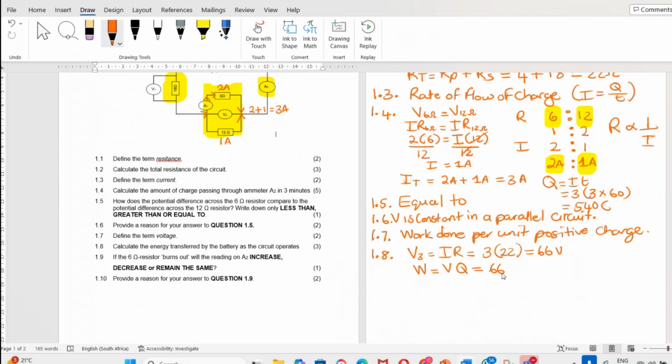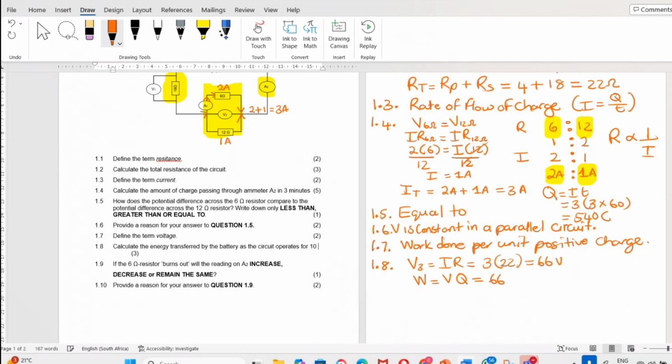What we can do is say they calculate the energy transferred by the battery as the circuit operates, let's say for 10 minutes. So if the battery transfers energy for 10 minutes, how much would that energy be? Obviously if it said per second, we wouldn't need to add that 10 minutes. But let's say it said in